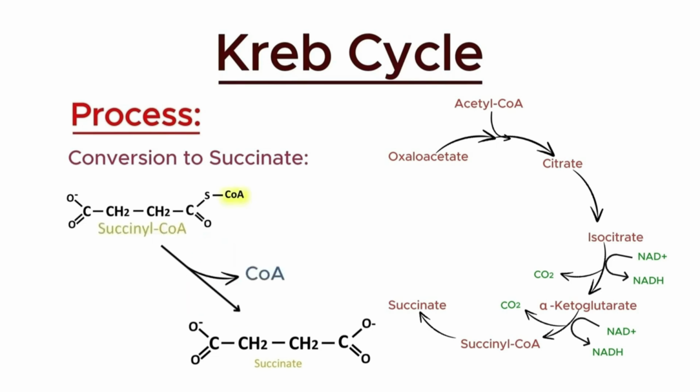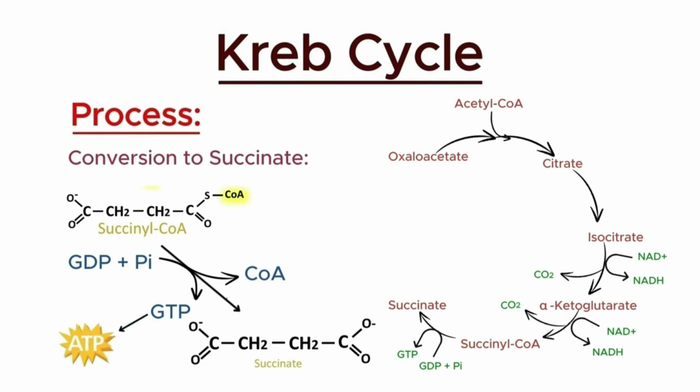During this step, the CoA group is released from succinyl-CoA, and this release provides the energy needed to synthesize a molecule of guanosine triphosphate from guanosine diphosphate and inorganic phosphate. In some cells, GTP is then used to produce ATP. This step is significant because it directly produces a molecule of GTP or ATP, which is used as an energy